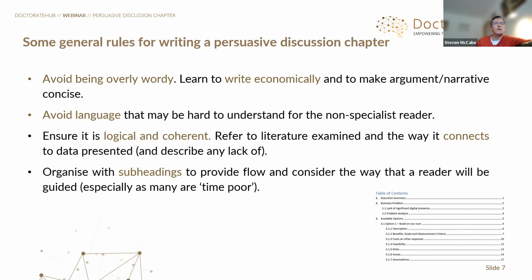Now, I appreciate if you're writing something on quantum physics, it's going to be extremely difficult because, of course, that's the nature of the topic. But at the same time, the real skill is to make it so that any casual reader can pick this thing up and make sense of it in such a way as they didn't need the degree of background knowledge. So the emphasis should be upon simplification, or making the complex things simple and not making simple things complex, which is what we often tend to do. Obviously, this is something that should guide us in everything we do, to be logical and coherent, and to make sure it all links together.